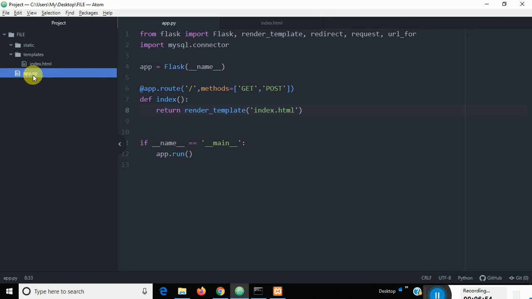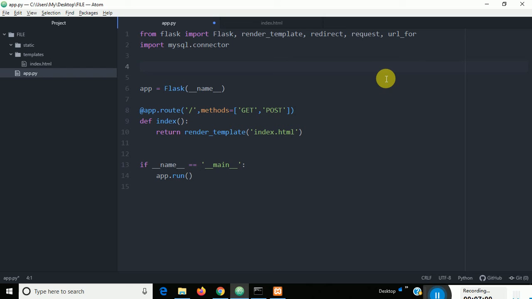Next I'll go here. I have imported mysql.connector.